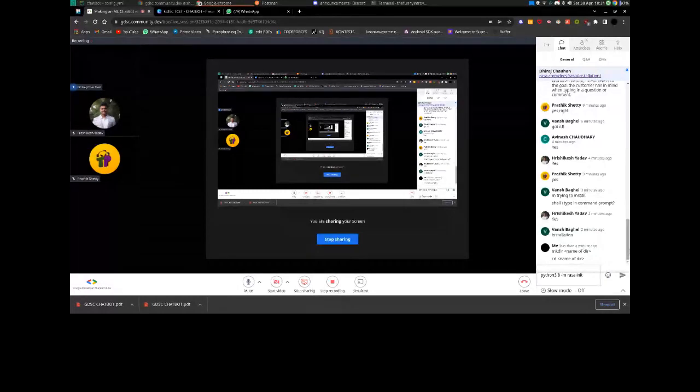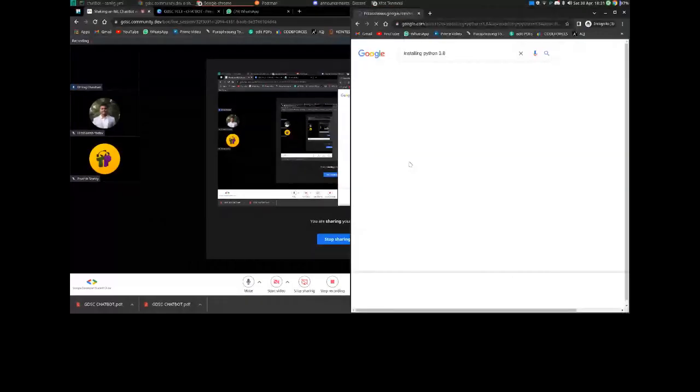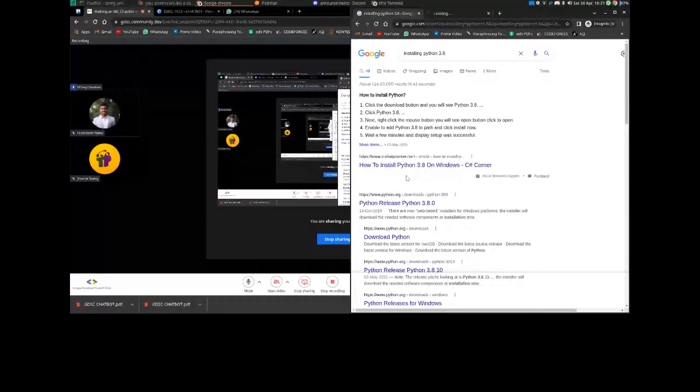Python 3.10, as far as I know, will just not work. If I try python3 rasa init, considering python3 is Python 3.10, it will say no module named rasa. The reason is that Rasa is not yet available for Python 3.10. So I would say you can install Python 3.8, and installing it is pretty easy. I'll just give a link in a minute. In Windows, you can get the link here.